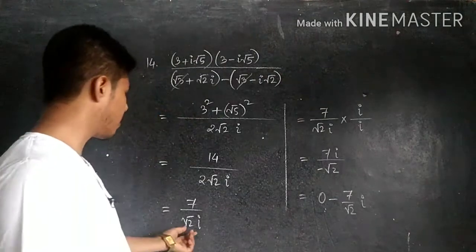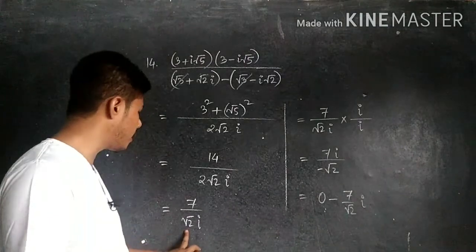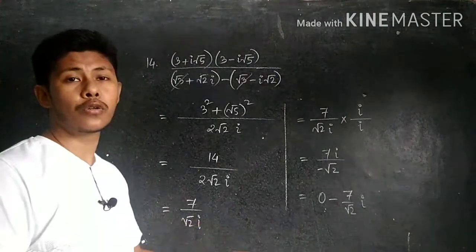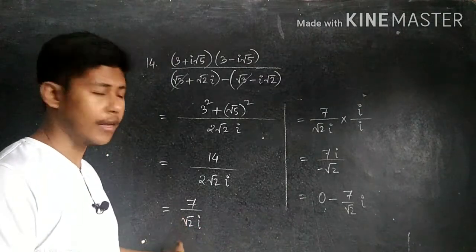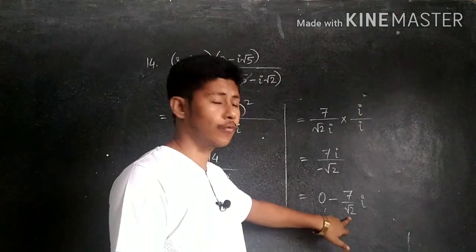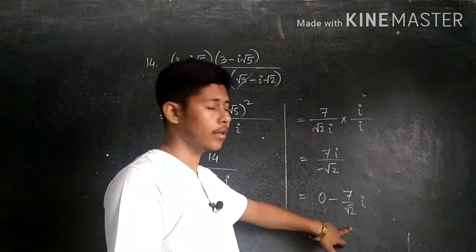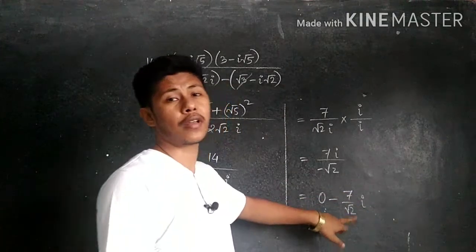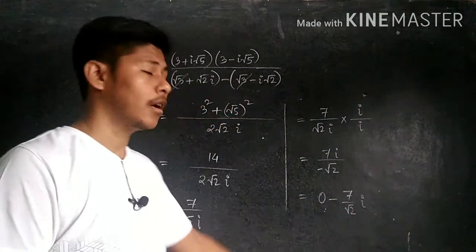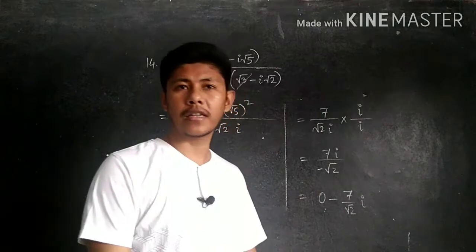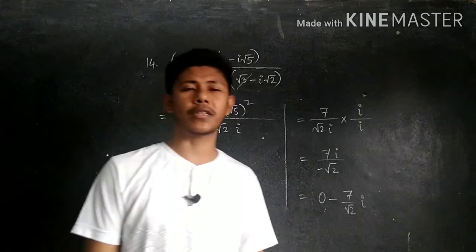Or if you want, in place of root 2i, if you multiply by its conjugate, then what do you have to write? Here we write minus root 2i. If you multiply, then root 2 into root 2 we write 2. So we can eliminate this root 2 from here. Multiplying numerator and denominator by root 2, then what do we get? 7 root 2 divided by 2 we can write here. Is it clear? Or if you keep the answer in this way, then also it is okay. So it is a very simple and very easy question. In this way we can easily convert into a plus ib form.